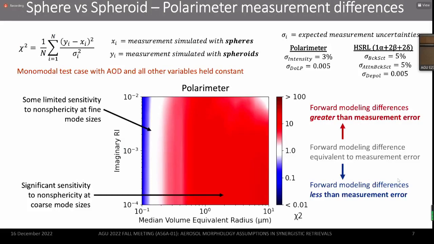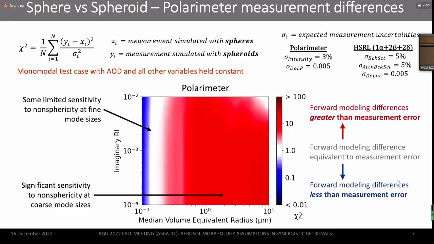So there's a pretty big measurement space here, right? You have several different measurement types in a polarimeter, Q, U, and I. We also are interested in HSRL, so there's another few measurements. They're done at different wavelengths, different angles. So we wanted to find a way, kind of a single parameter we could use to quantify how well one